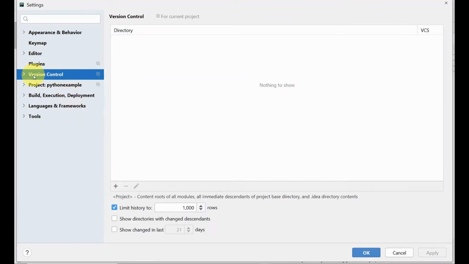Next, we're going to go to version control. Version control allows you to create programs and to keep track of the changes you make while you are creating your program. Within your local machine, PyCharm has a local history where you could see significant changes of your